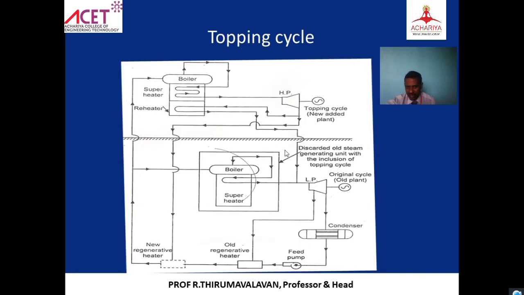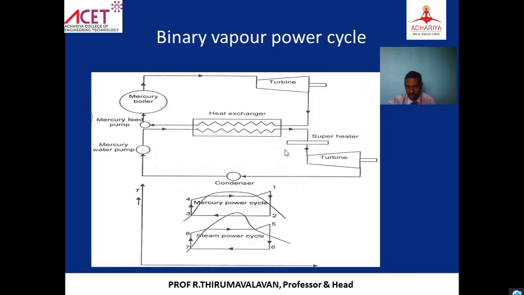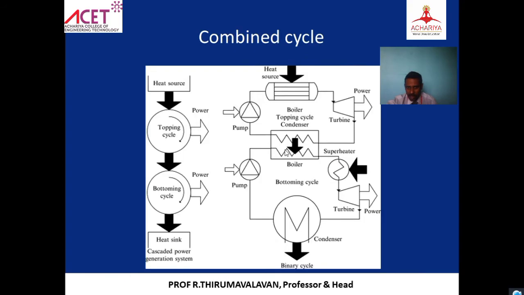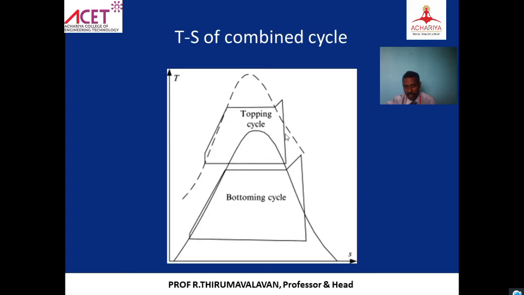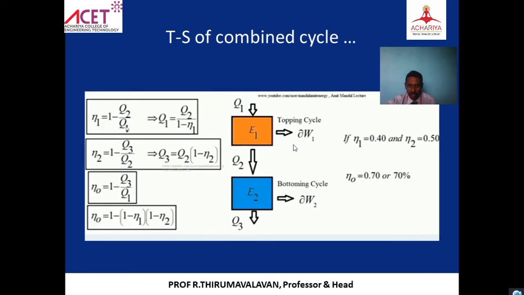So the same cycle we are explaining, the same binary vapor cycle, we are explaining in two parts, right? With the same fluid, we can use the same fluid here. In the case of this cycle, we are using top and bottom cycles, and we can use two different fluids, right? The process is continuous, right? Combined cycle, this is a topping and bottoming cycle, same like the water and mercury cycle, right? So how will the efficiency increase? You can see this difference. You can easily find the difference.